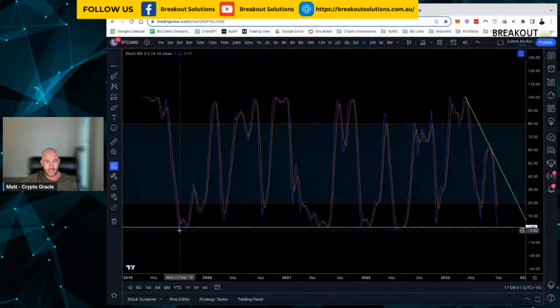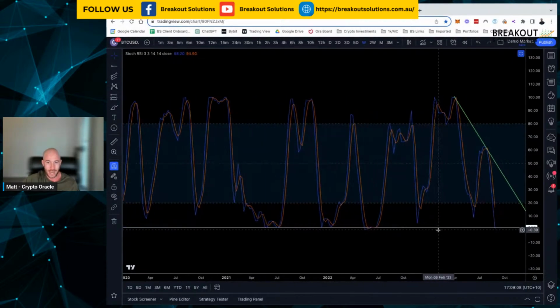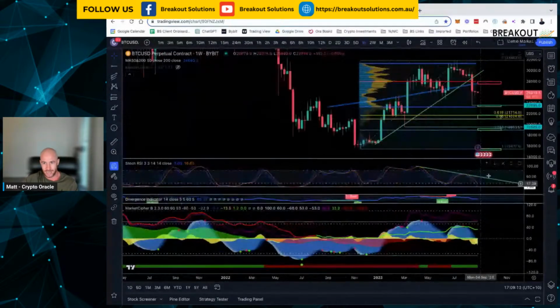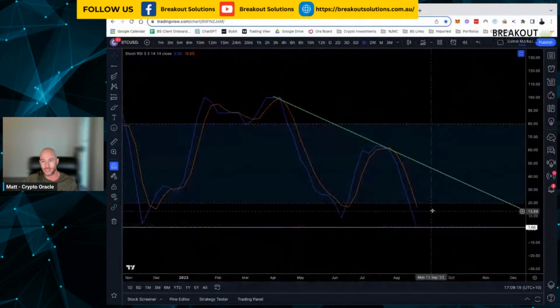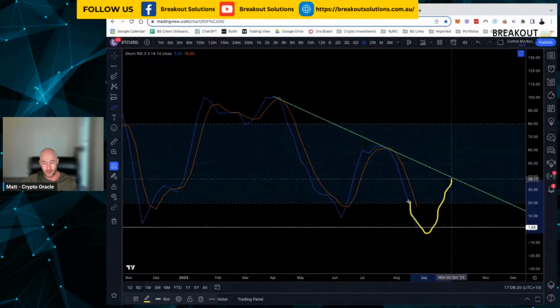And every time the blue moving average has gotten that low, we tend to see a reversal in price, okay? And Bitcoin will tend to push back to the upside. But what I've done here on the stochastic is I've also created this trend line. So if Bitcoin does pump, right, it could be a mild pump for a week or a very aggressive pump,